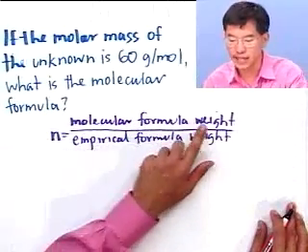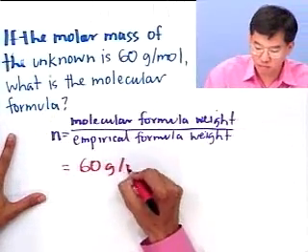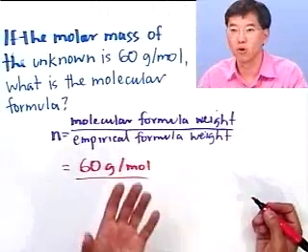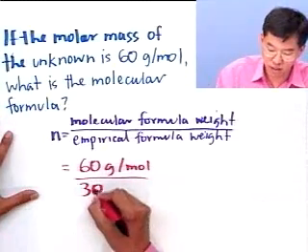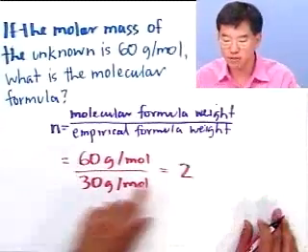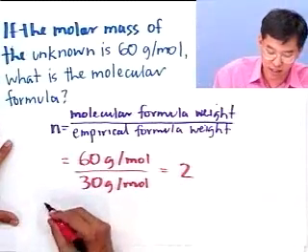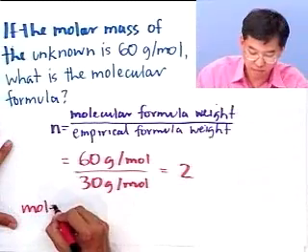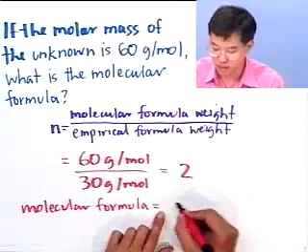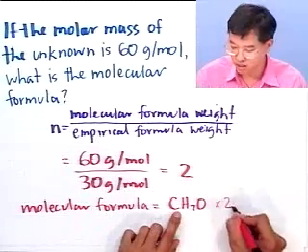So we plug in the molecular formula weight, that's 60 grams per mole. And the empirical formula weight, we calculated that. That's the mass of a mole of CH2O, and that's 30 grams per mole. And so this is equal to 2. What is this 2 again? This tells us how many empirical formulas there are in the molecular formula. So in other words, the molecular formula is equal to CH2O times 2,